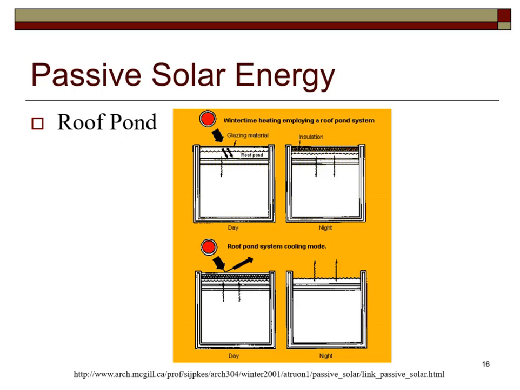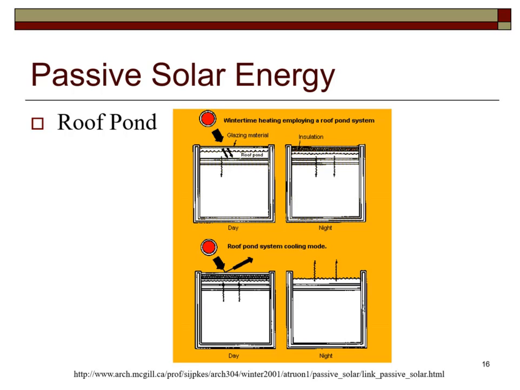Roof pond. Containers of water on a roof of a house can also be used to collect and store the sun's energy. The solar energy collected with a roof pond system is radiated directly in the rooms below. Very even heating occurs, and water temperature as low as 70 degrees Fahrenheit can still be used to heat the house. However,